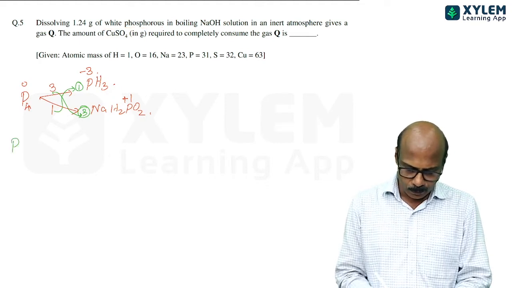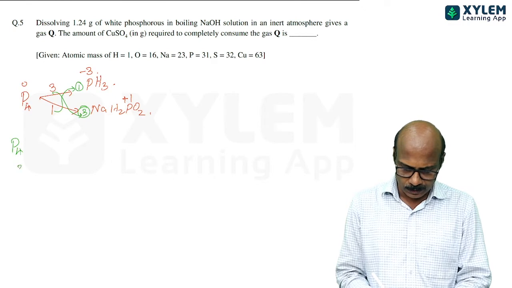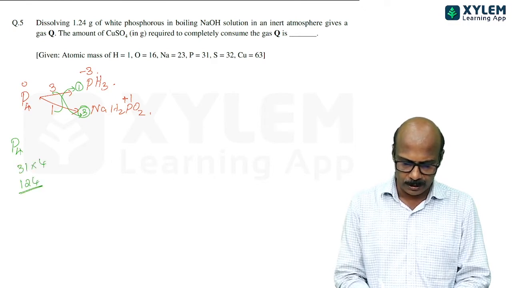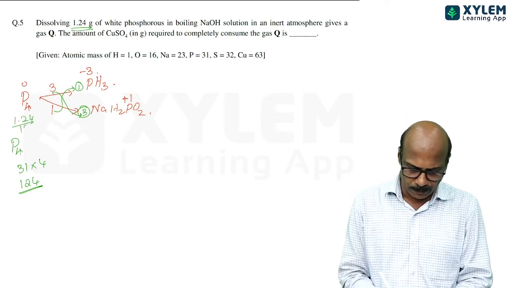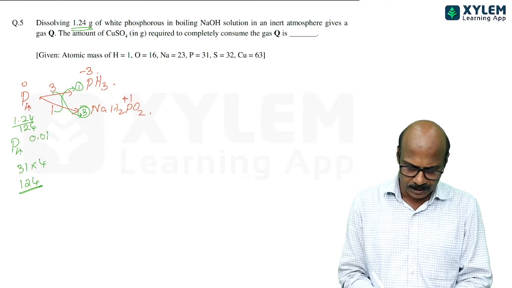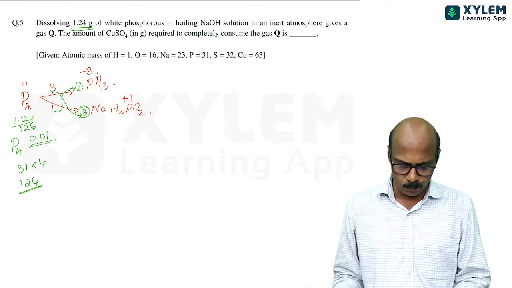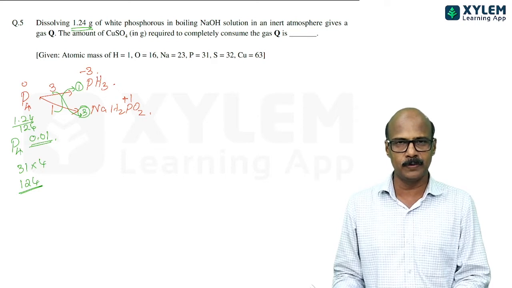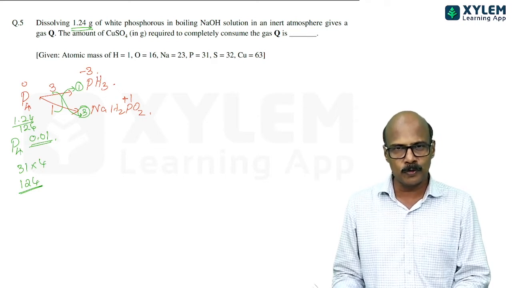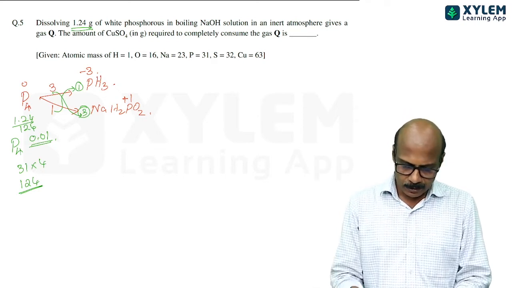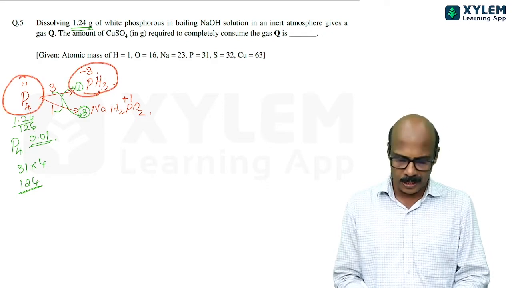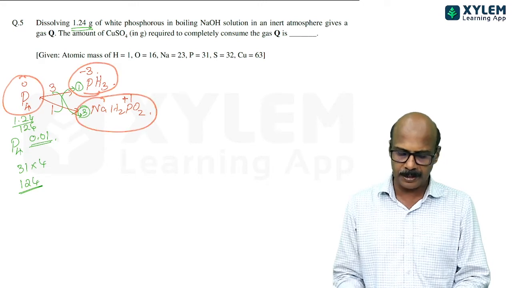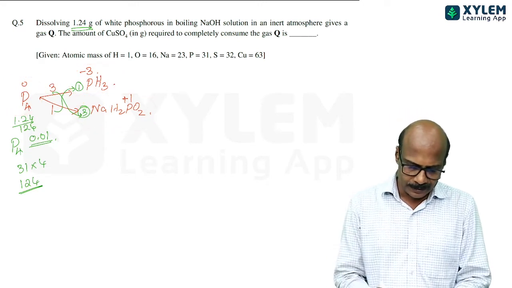You know that the molar mass of P4 is 31 into 4, that is 124. You are taking 1.24 gram here. So 1.24 divided by 124 means you are initially taking 0.01 mole white phosphorus. Clearly you will get 0.01 mole phosphine only, because when 1 mole phosphorus is transformed, you are getting 1 mole phosphine, and the other phosphorus atoms appear in NaH2PO2. Then they say